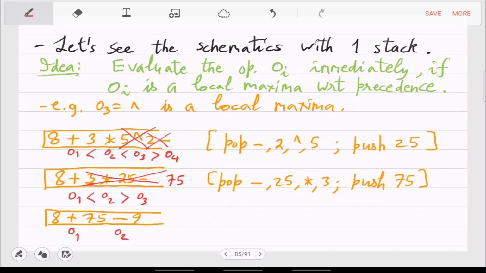No, stack is the same. There is only one stack. The update operations are many, but the data structure is only one. No, not all. We are doing this sequentially. What is happening in this example is exactly what will happen in the pseudocode step by step. There is no step jumped. Yeah, after O3, whatever is there, we have not even seen it. So O4, O5, On, we have not seen at all. So we are at the beginning.